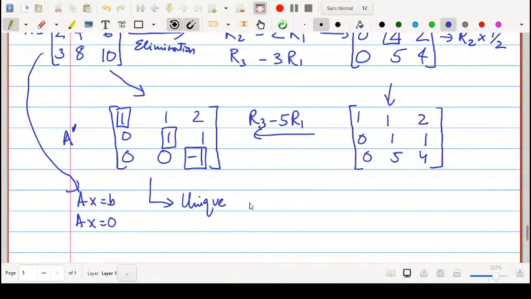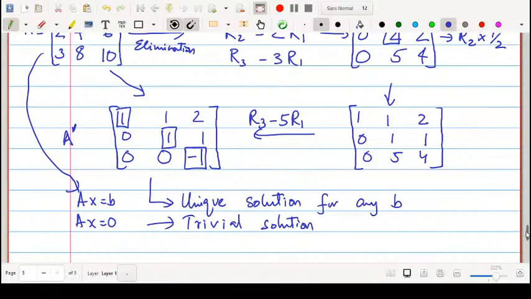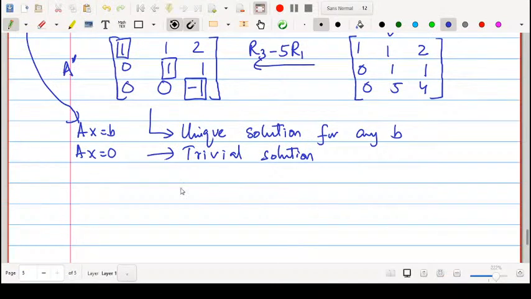AX equals B will have a unique solution for any B, because I don't have any conditions to satisfy, and I have 3 pivots, and I can solve exactly for any B, right? And AX equals 0 will have the trivial solution. What does that tell me? It tells me that every B